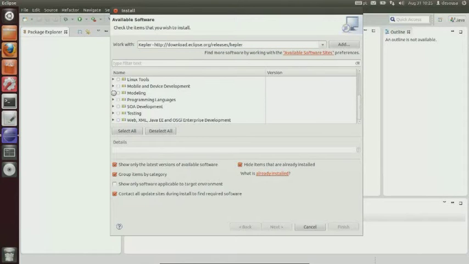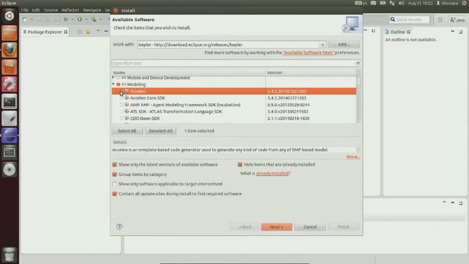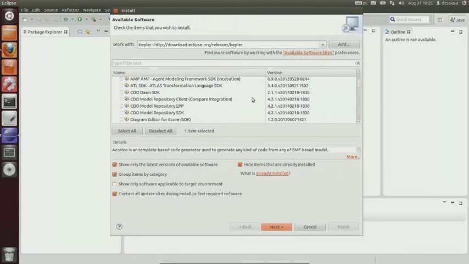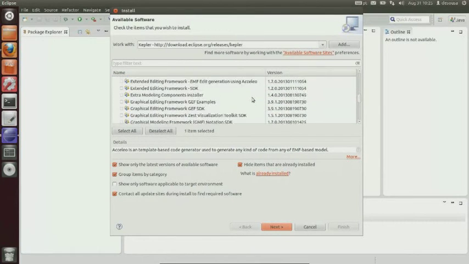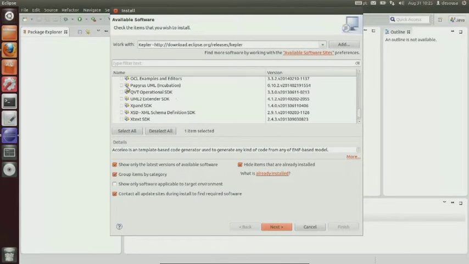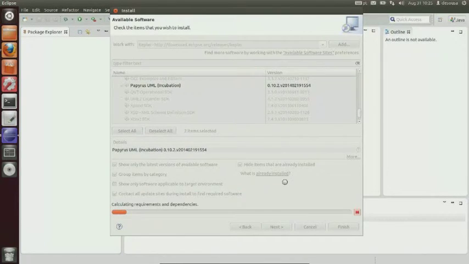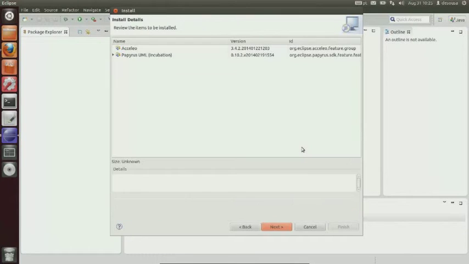We go to Modeling and expand the Modeling node, and then we have to select two plugins. First, Acceleo, this is the code generation engine, and then Papyrus. Papyrus is a UML graphical modeler, and with these two selected, then we can click Next, wait for the dependencies to be calculated,